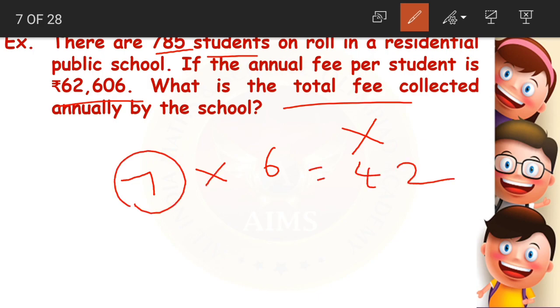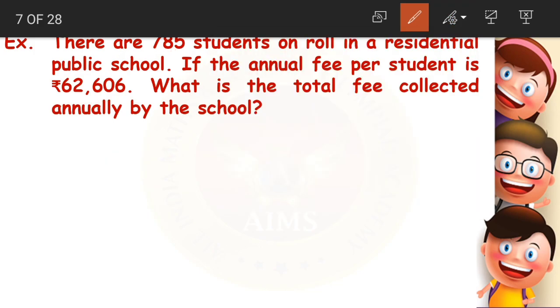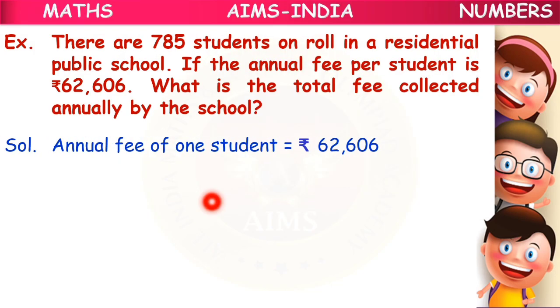Just like if one pen costs 6 rupees, how do we find out the cost of 7 pens? 7 6s are 42. Yes, in the same way, even for the given question, what should we do? We should multiply the fee paid by each student with the total number of students. Now this will give us the total fee collected by the school. Remember, when such words as fee per student or per each are given in the question and we are asked to find out the total, multiplication is used.